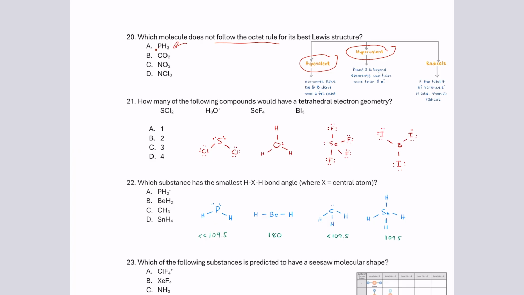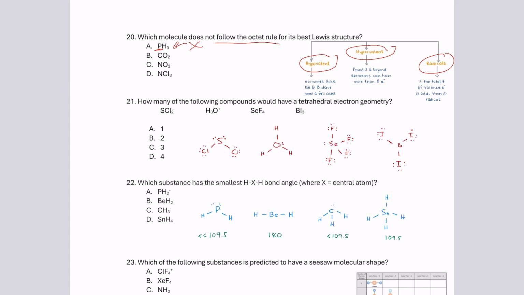Phosphorus is in period 3. However, in this particular option, PH3, it actually follows the octet rule in this molecule. So this is not going to be the correct answer for which molecule does not follow the octet rule. Our third and final exception that we've covered is radicals. So radicals are molecules with an odd number of valence electrons, and they cannot have a complete octet for all